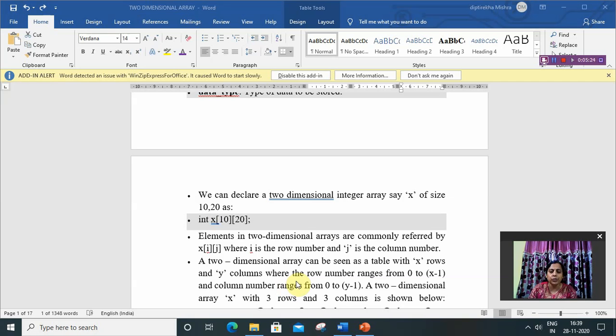We always know that the index range of a single-dimensional array is 0 to n minus 1, and in a two-dimensional array the row number goes from 0 to x minus 1 and the column number from 0 to y minus 1. Okay.